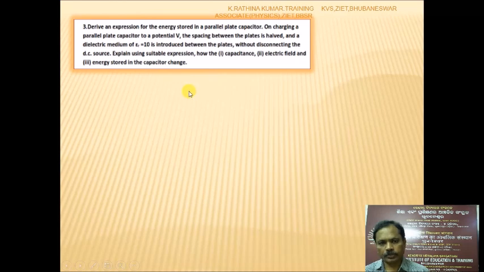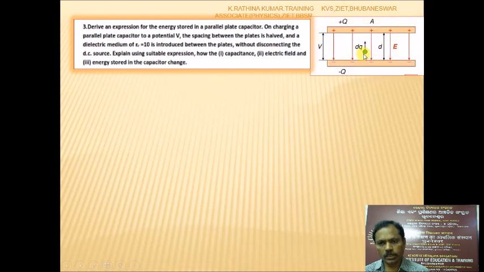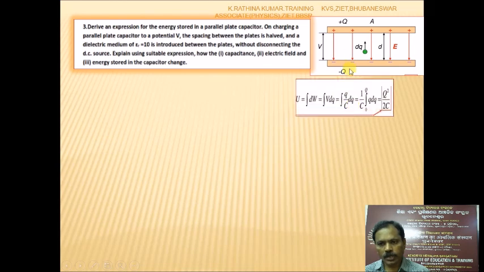change. Let's go to answering this, with a general diagram of the parallel plate capacitor for understanding. From this parallel plate capacitor, the potential energy is nothing but the energy stored in the capacitor. The energy is nothing but work done. Work done is stored as energy only. So the small work done is taken as dW, and the equation for the work done is the potential times the small charge. So we integrate over the whole range from 0 to Q. The small test charge we have taken.